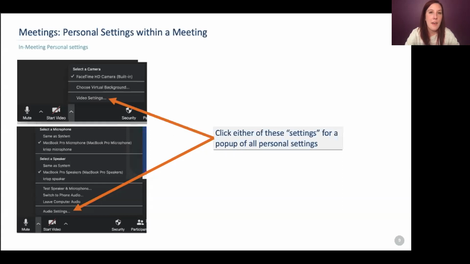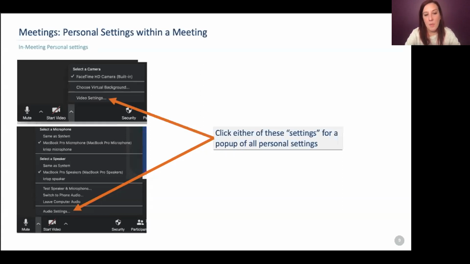And I say that because Zoom is changing things all the time. I had to make a change to this presentation yesterday because they changed one of the security settings. So they're updating things pretty fast, which is great. But it definitely makes it a little bit harder to keep track of stuff.